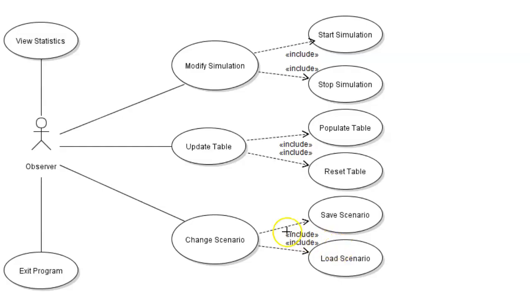Moving on, another example of a really bad actor selection here. But also update table, populate table, reset table. Where did you see this type of vocabulary in our requirement document? It just seems like totally irrelevant, and also kind of strange use of all of these includes in the diagram. If this is a run simulation use case, then instead of including these two, maybe it should be modeled as extensions,